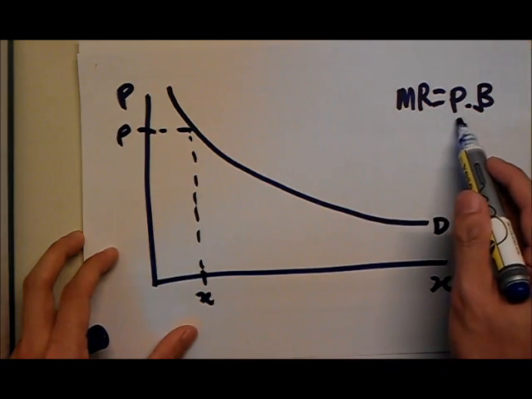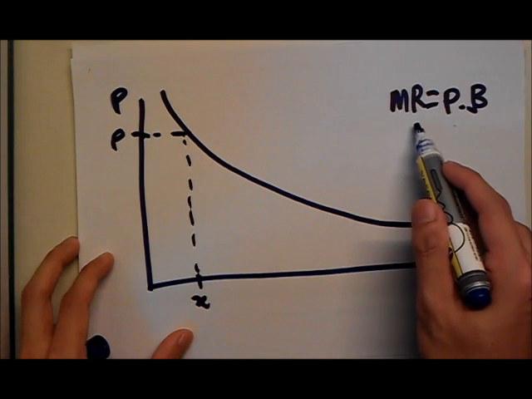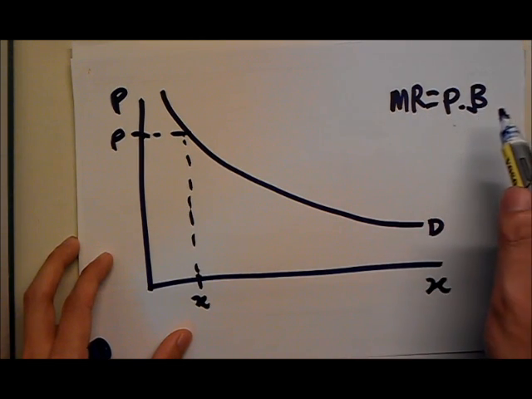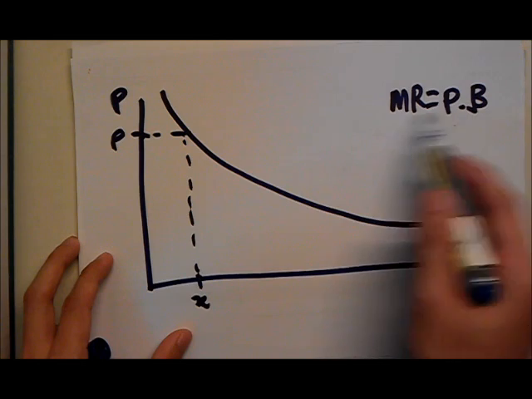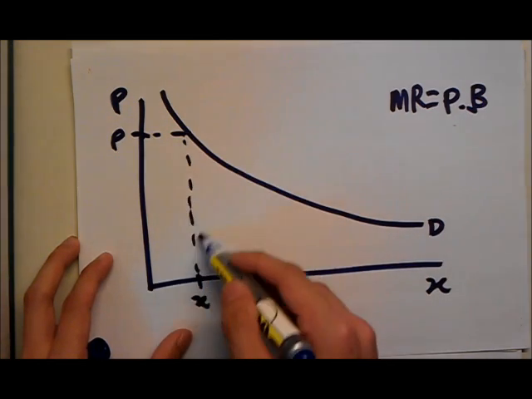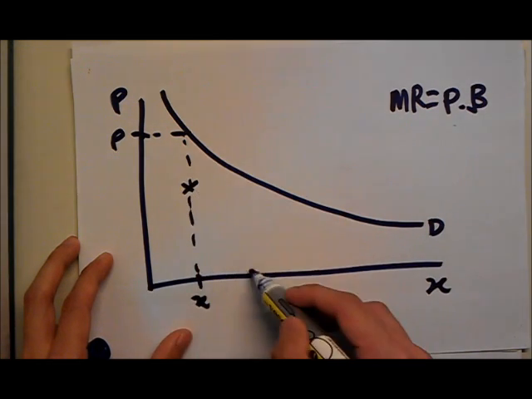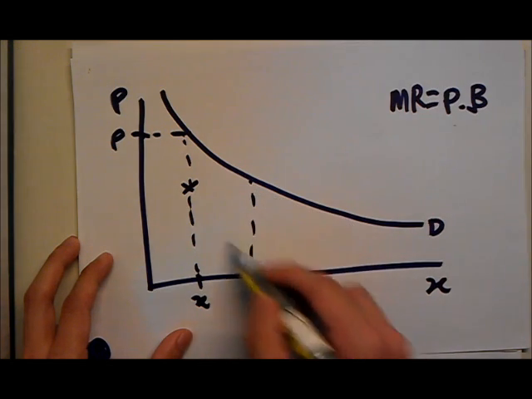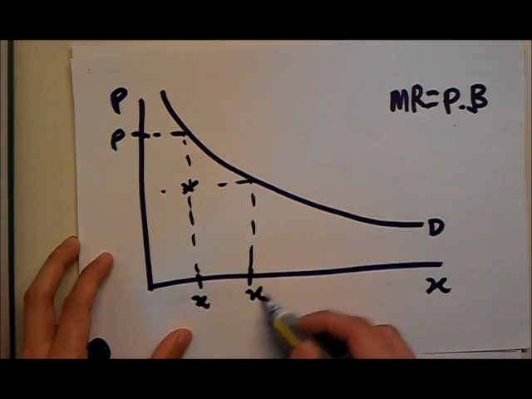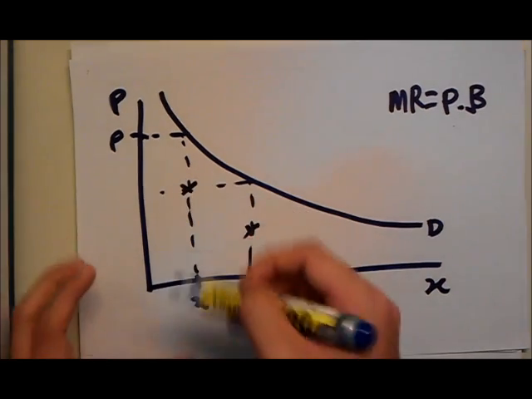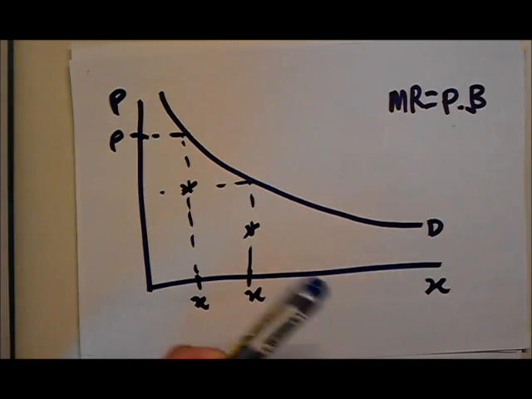Now we know that the marginal revenue is a fraction of price, so we know that it definitely has to lie below this point, so somewhere here. Okay, I will continue to do this for the rest of the quantities of X, and eventually I will get a curve that looks like this,